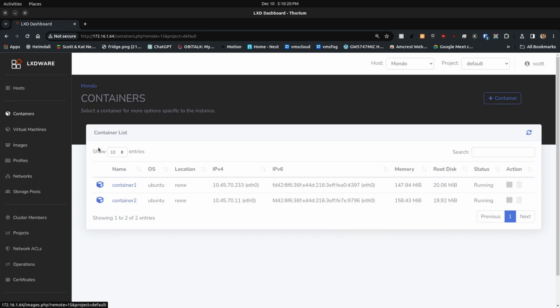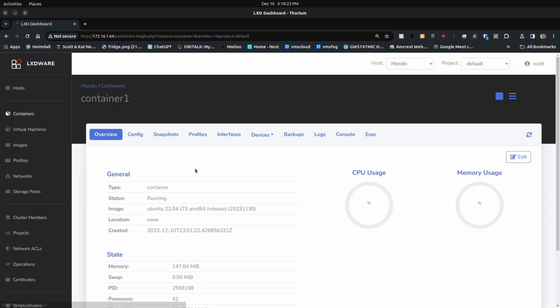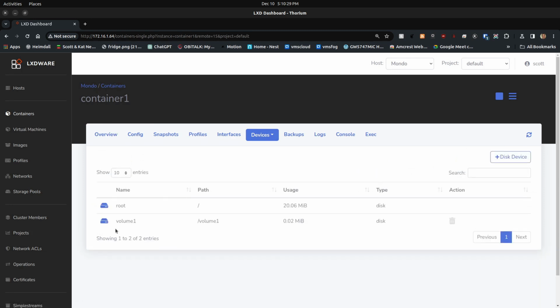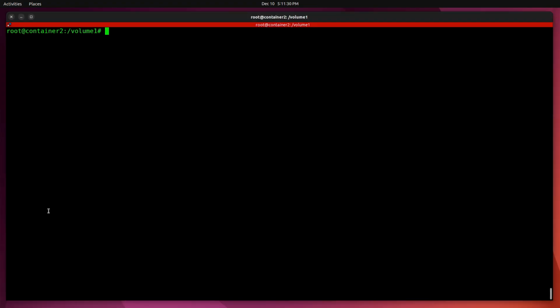If we go back to containers and we choose container 1, we can go over to devices and look at disk. And under disk, you notice that we have a volume 1, which has a path inside the container to /volume 1. To disassociate or to unmount volume 1, we have to exit back out of the container and go back to the LXD host,